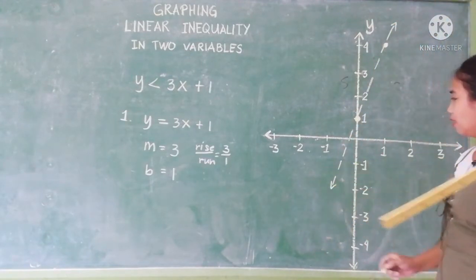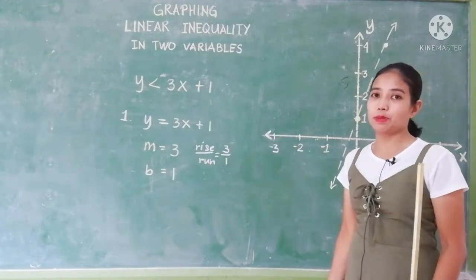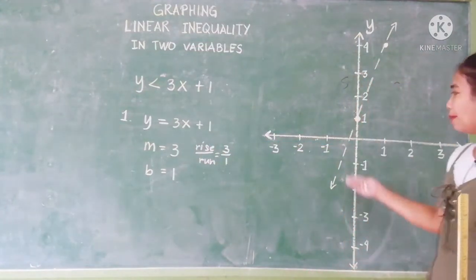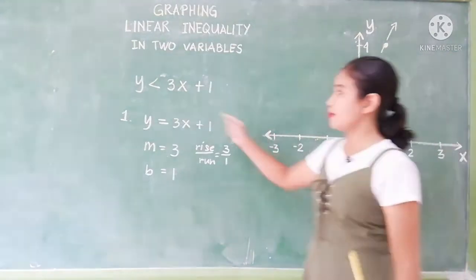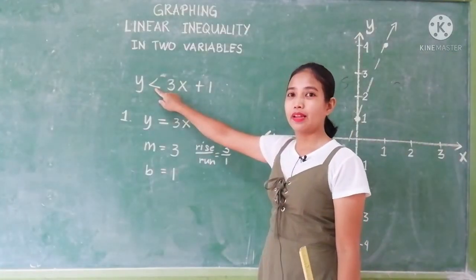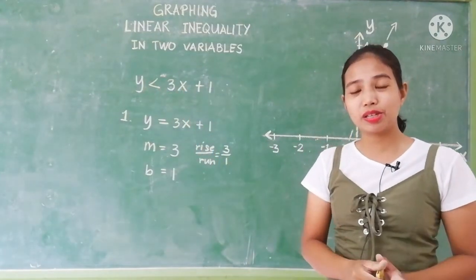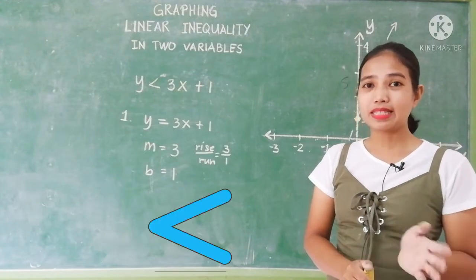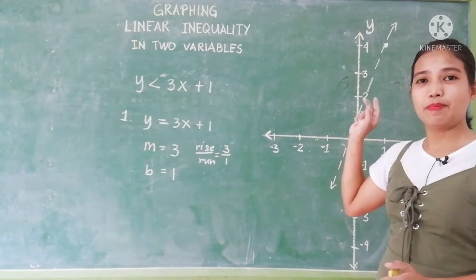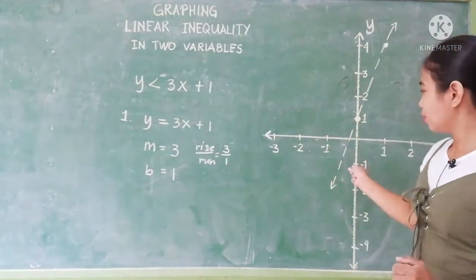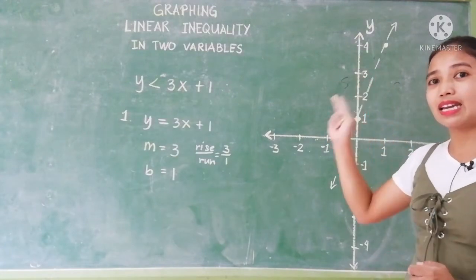Okay, so this is now the graph of y is equal to 3x plus 1. So kung mapapansin niyo, gumamit ako dito ng broken lines. It is because of the symbol less than. Okay? Kapag ang symbol ng ating inequality ay greater than or less than, we will use the broken line. Okay? Ang ibig sabihin ng broken line na yan, yung mga points na dadaanan ng linya ay hindi kasali sa